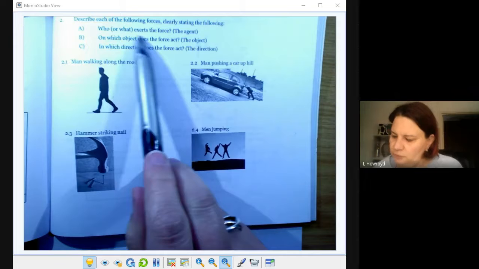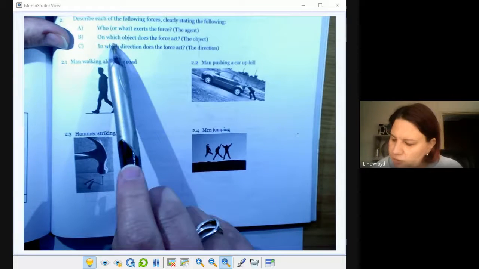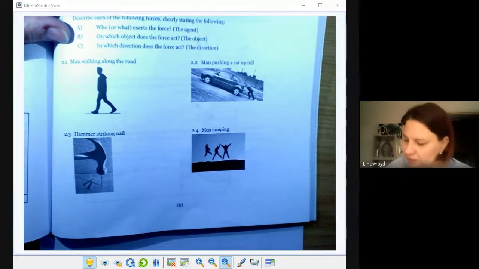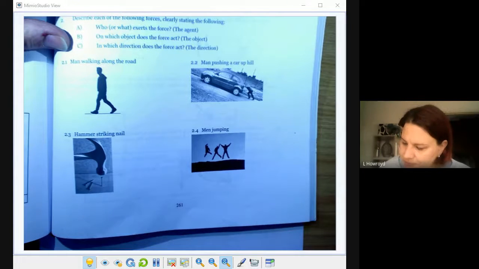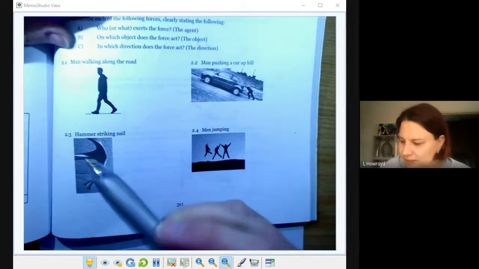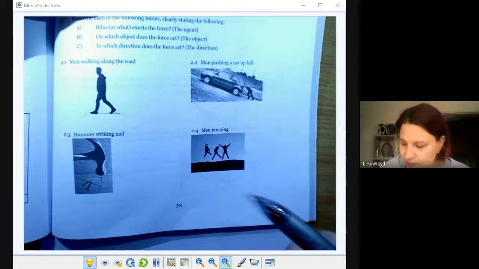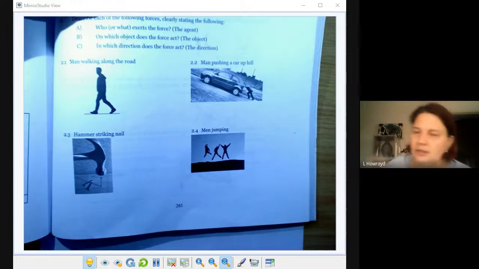Who or what exerts the force? On which object does the force act? In which direction does the force act? I don't want you to worry about that. I want to talk about this. So what I'm thinking is I'm going to adjust these slightly so that you can draw free body diagrams to practice, because in the textbook I've obviously,